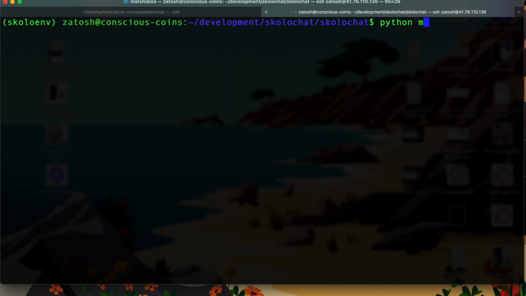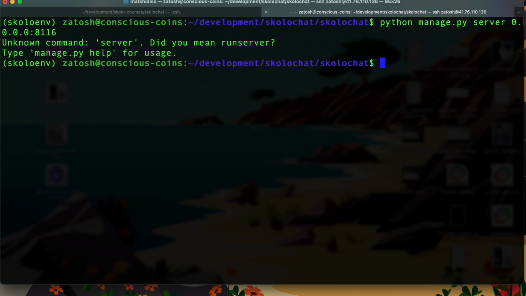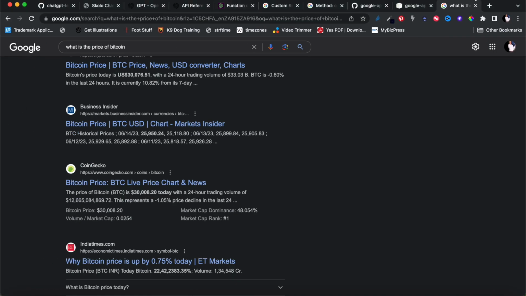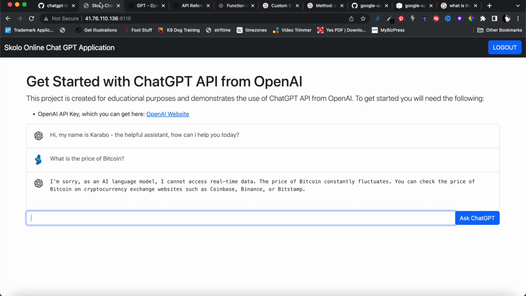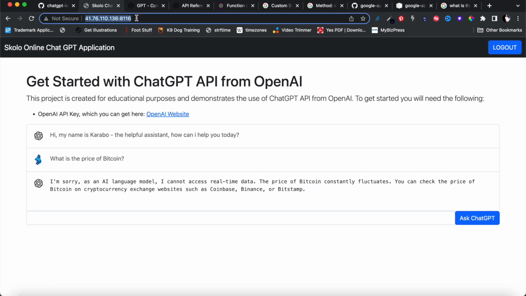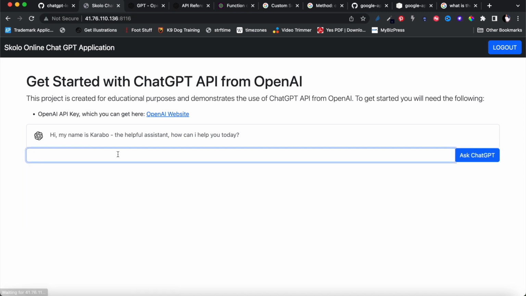Okay, so now we're just going to run Python manage server. So now we're actually running it on the website. Cool. So let's go back to our website and just remember, the last time I asked it what is the price of Bitcoin, and it couldn't tell me the price of Bitcoin. So now we're going to refresh this, and we're going to say, yeah, what happened